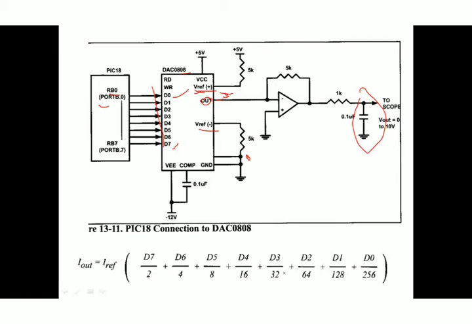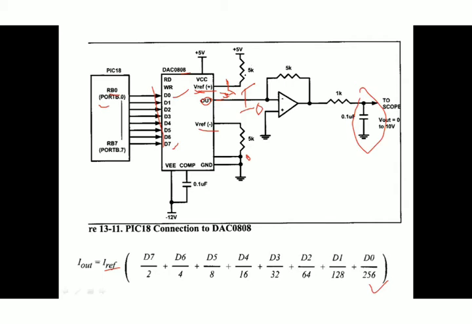So the output current that is generated here, I out, is equal to this formula you can see. This is an 8-bit digital to analog converter. Whatever the value, the corresponding output current you are getting here depends on this formula. So I reference. You are using the voltage 5 volts connected to the V reference through a 5 kilo ohm resistance. Can you tell me what is the current applied to the reference input pin of the converter?